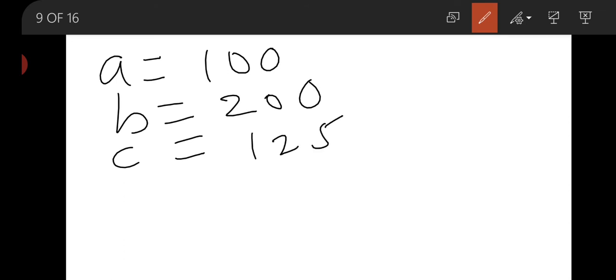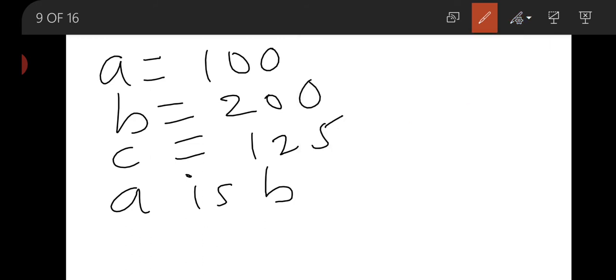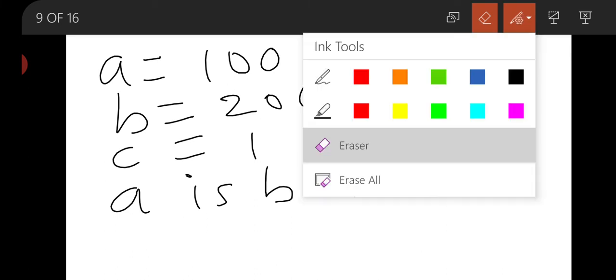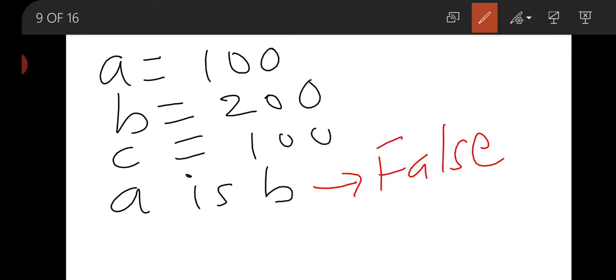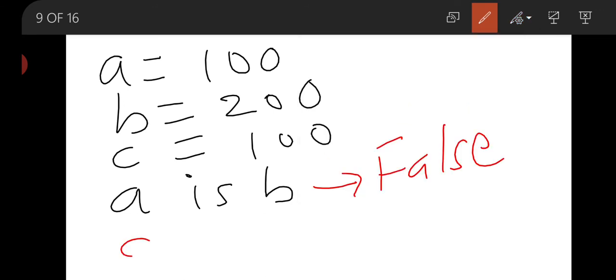Now if we have applied the is operator, A is B, this will return false. Now if we have written A is C, this will return true.